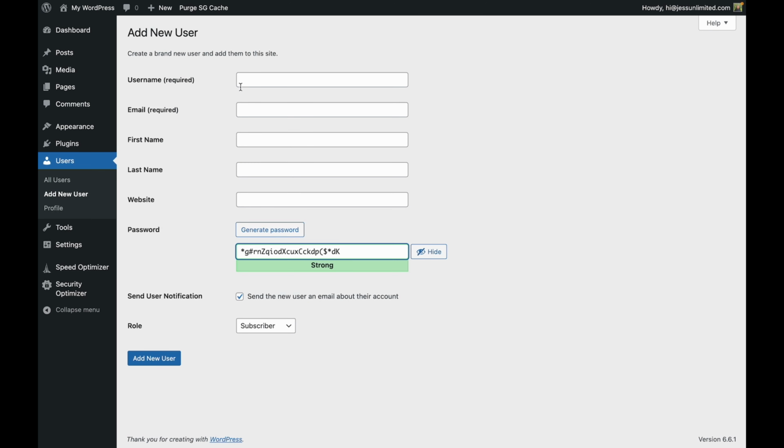When you add new users, you will need to put a username, an email, their first name, last name. You can leave these 3 empty, but you must have a username or email. Then you could generate a password and send it to the user. They will be able to utilize this password here, and once they log in, they'll be prompted to change their